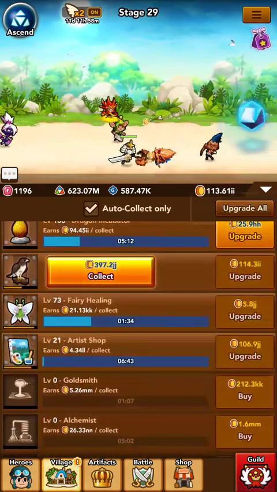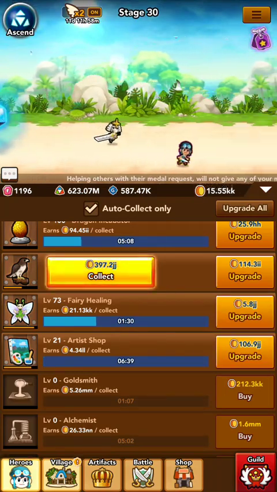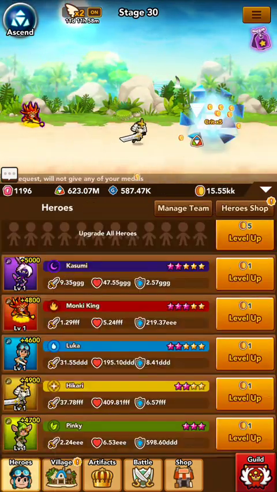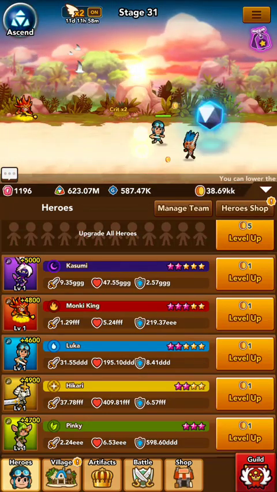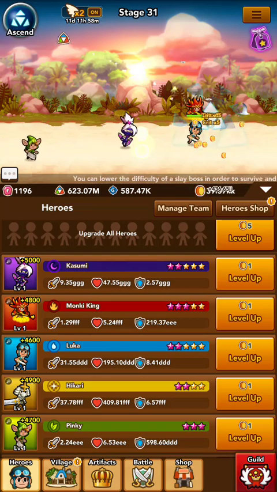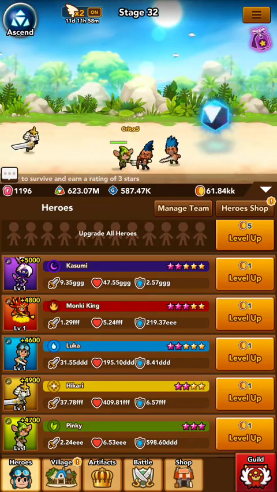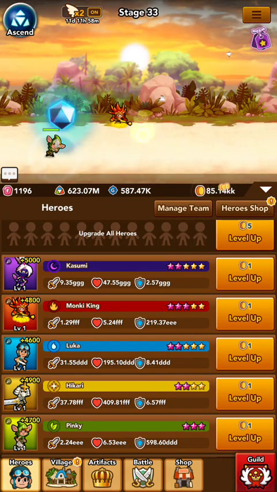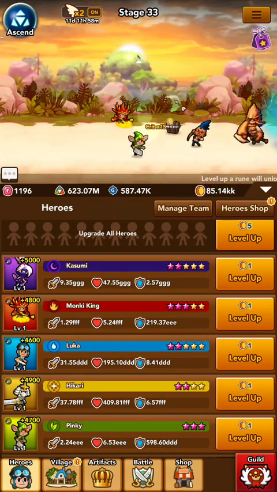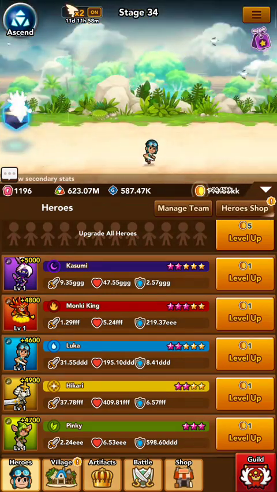Remembering our basic cycle of water, earth, fire, light, and dark, we will start off by taking a look at our water heroes, and the king of staging when it comes to water is Luca. That's right, Luca, the first hero that you start with. In fact, Luca is the only hero that you need to beat the first 699 stages in the game. Stage 700, however, can only be beaten by an earth hero, which is where we start to see the cycle